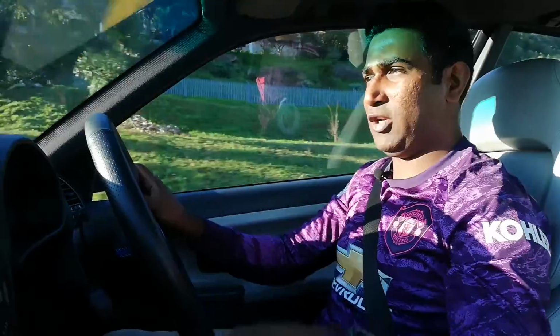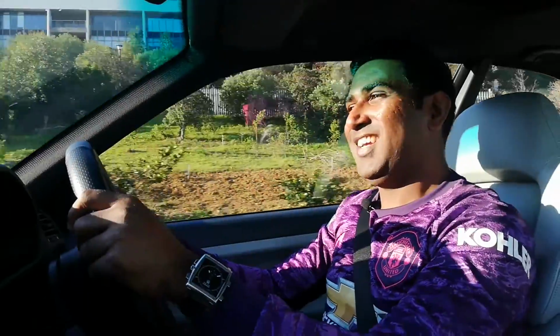I'm driving it normally right now, and as you can see, it's going pretty normal. But once you start spinning this up into the higher revs, if I give it a bit of a pull now,